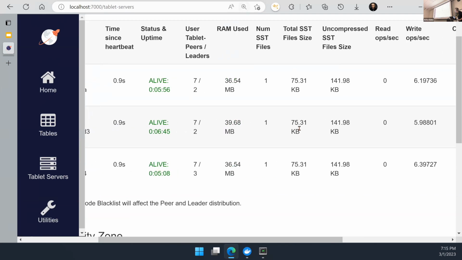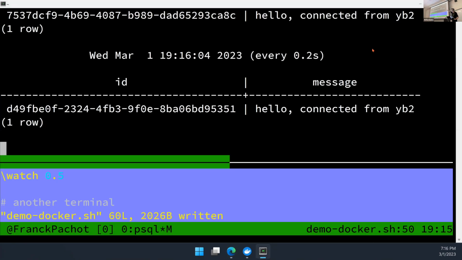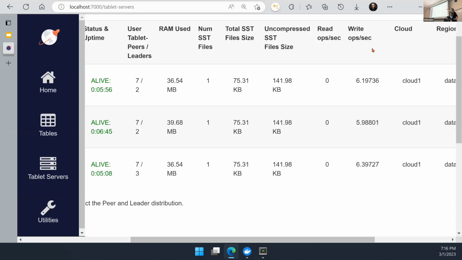I can see that I start to have some data, but more important, you see the read and write operations. Those are the operations received by the tablet servers. So it's not the number of SQL statements. The SQL has already been transformed to an execution plan. It's really the read and write operation, like write for this key, this new value for this column, or this index entry. And here I run inserts from one session connected to YB2, but all my cluster is